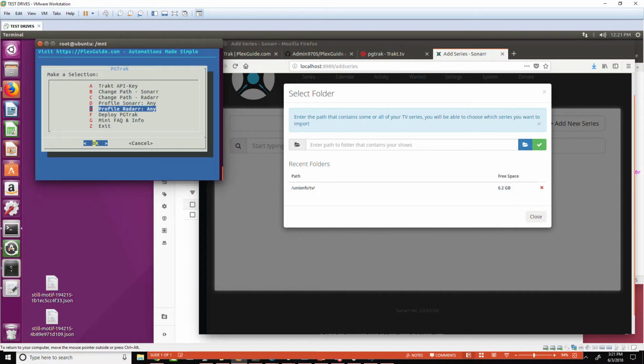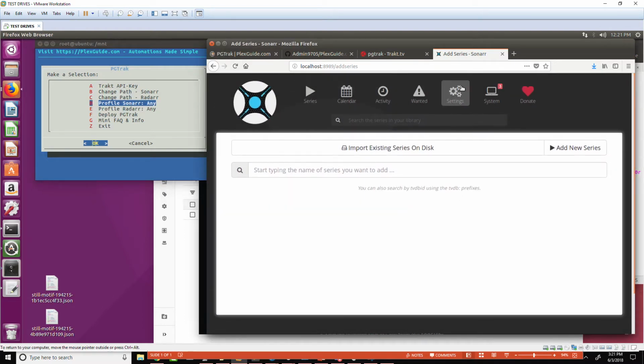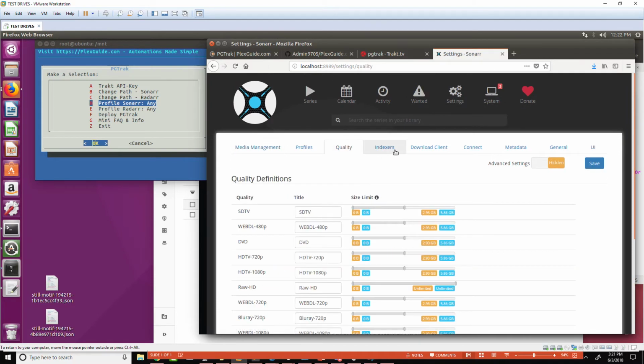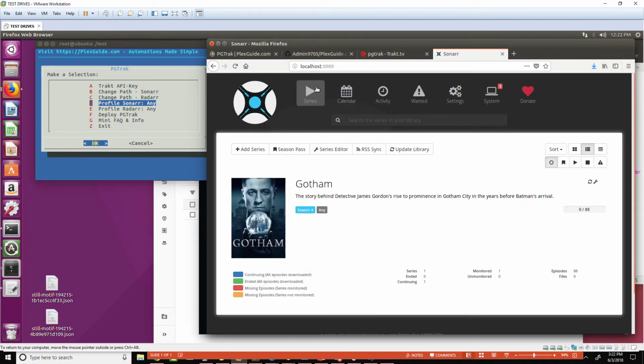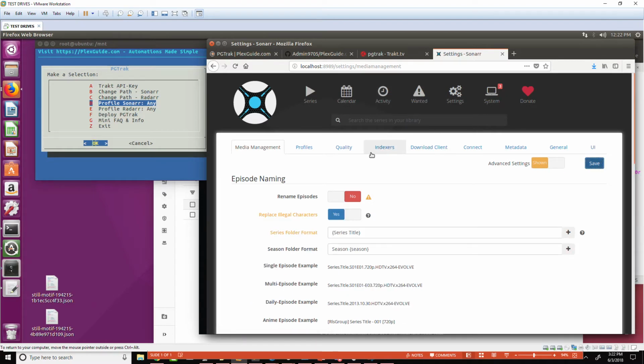Now we need to set a profile. Your profile is based on the profiles that you have here in sonar or radar, whichever of the two you have running. So quality, and again, there's nothing on this computer or VM. Like I said, this is just the actual staging demo. Okay, so quality